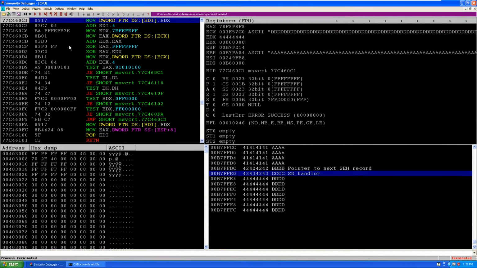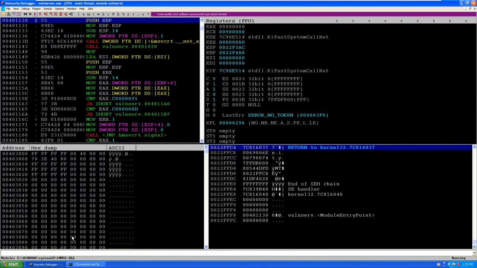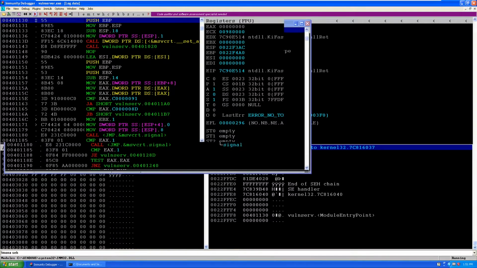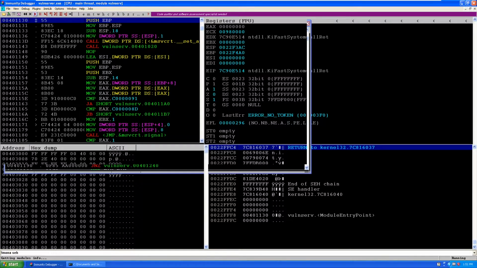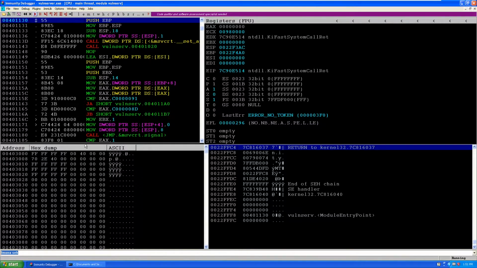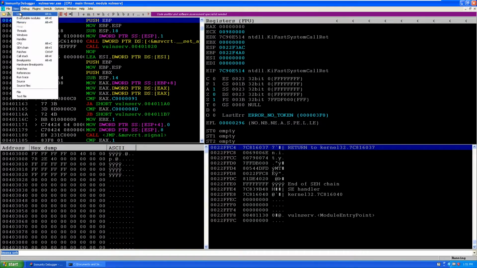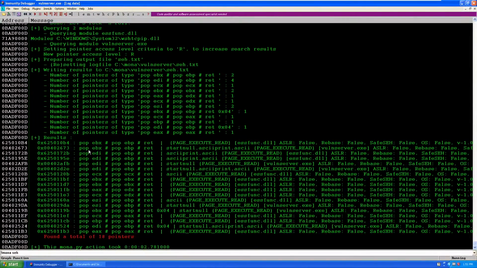We need to find the addresses of the pop pop return sequences. To do that, we can use mona with the seh command. Mona will automatically find the SEH sequences like pop pop return, which are useful for SEH. View the log, and you can see these are all the results.